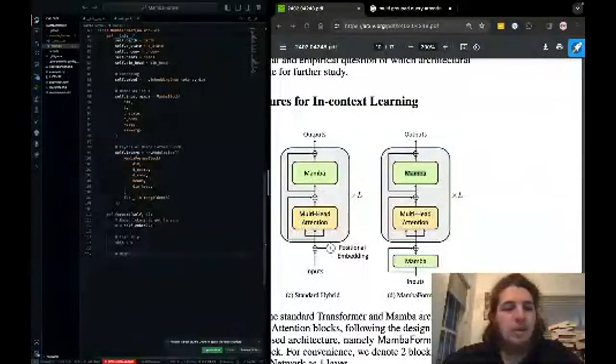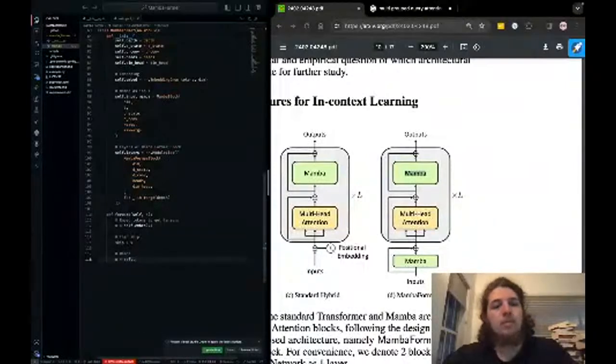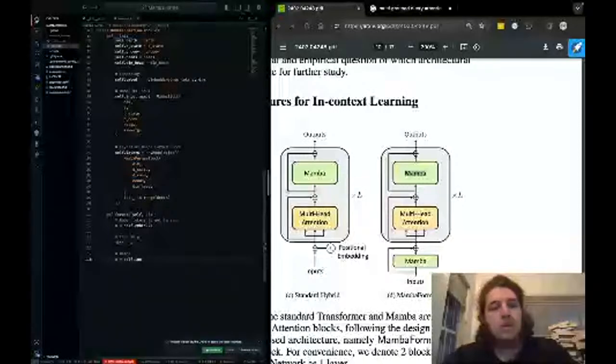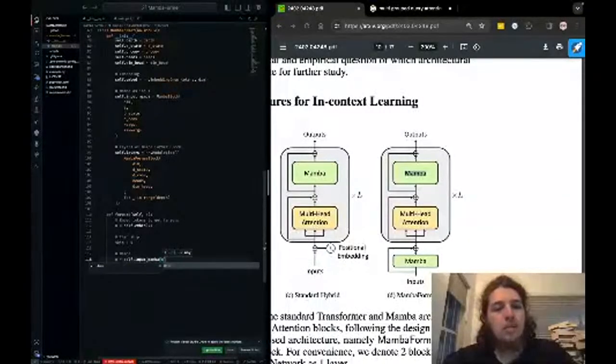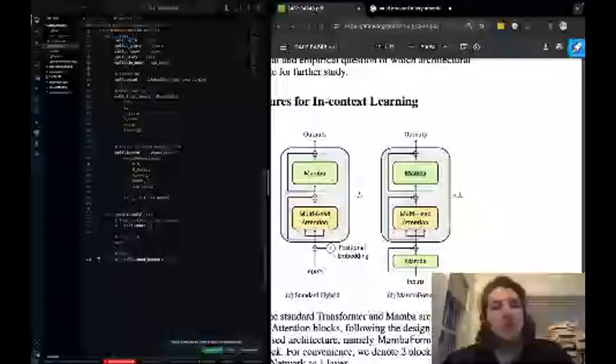Then we're going to have a Mamba, input Mamba applied to X plus the skip.